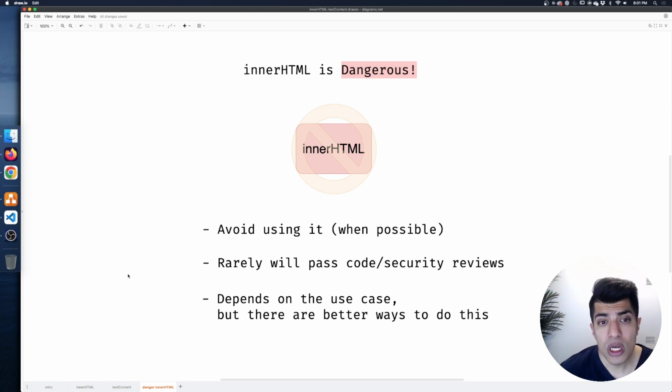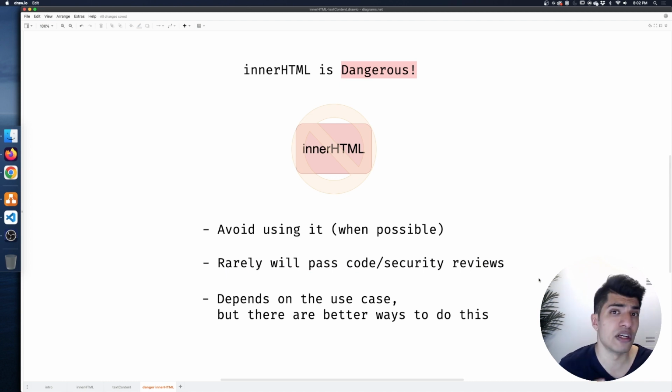Okay, so I want to go over that a little bit more because it might seem confusing as to why we shouldn't be using this. So as I mentioned, don't use this, right? Whenever possible. Now, there are edge cases, but whenever possible, don't use this. When you're on a team and you're working as part of a very large group or organization, and everyone's contributing to the code for an app or a project,